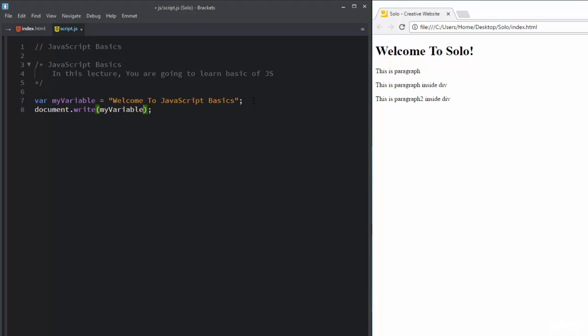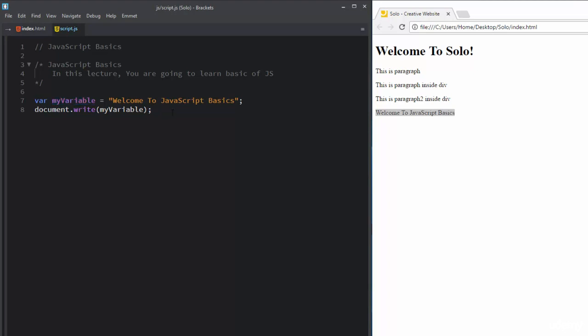To display a variable you don't need quotes around it. Simply add the variable name to the write statement like this. I'll save this script, and I'm going to refresh this web page, and you can see that it just added a text at the end of this web page, and this is the value of this myVariable